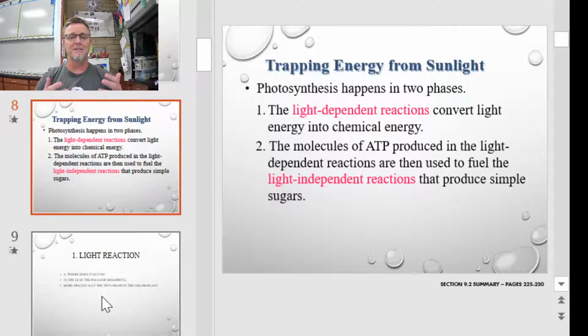And the other thing that's important is to look at the conditions in which these occur. The light-dependent reactions, their name tells you, they have to have light to happen. Again, light in the visible light spectrum. The name light-independent reaction tells you that, well, those reactions don't really need light. So the conditions that these occur in are not the same, but they are connected to each other. Let's first dig deep in the light reaction, then we'll talk about more of the reactions that make up the